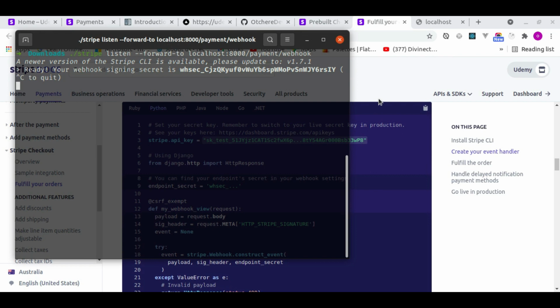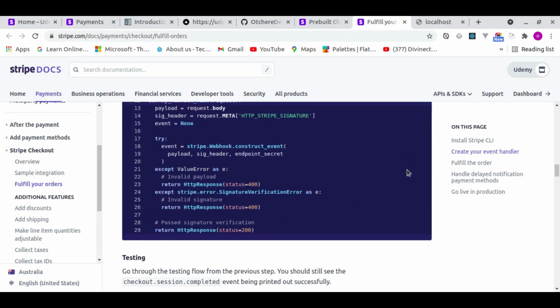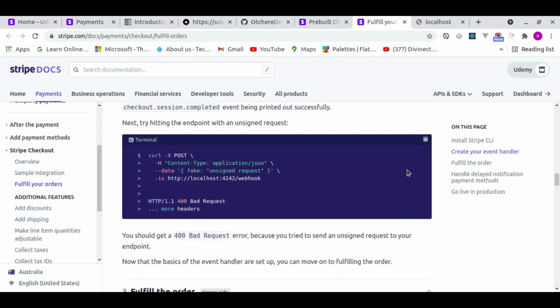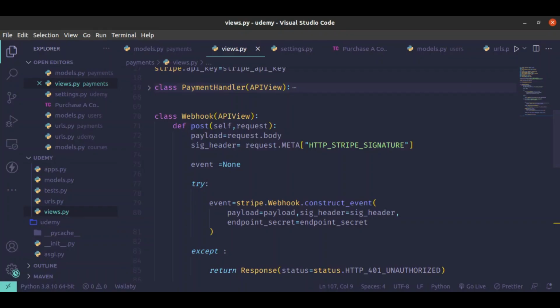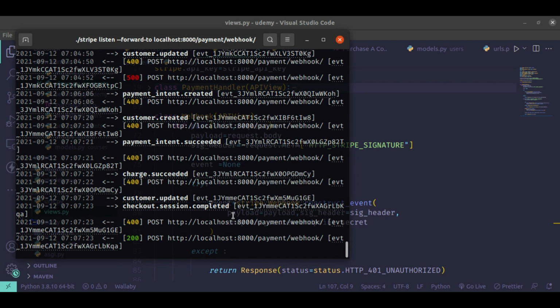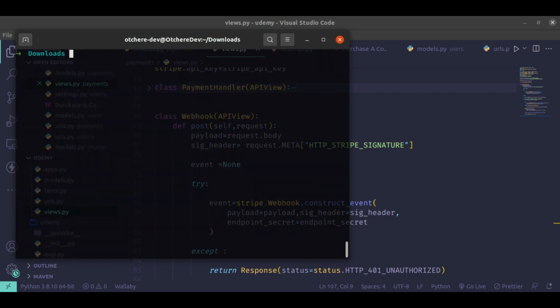Why are we not getting it? That's weird. Okay guys, so I've been able to find out where the error is coming from. So let me close this thing down. Okay, so the problem was that I haven't logged in, so it was not able to find the current